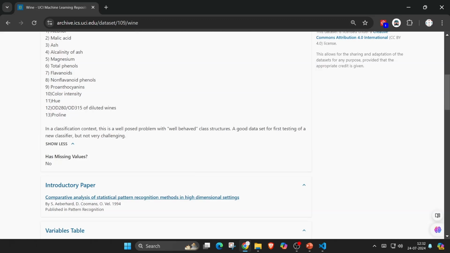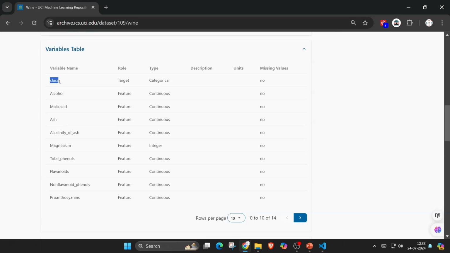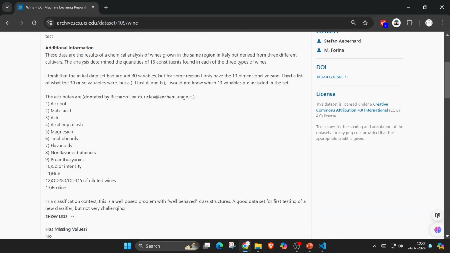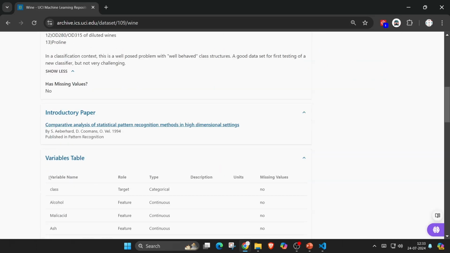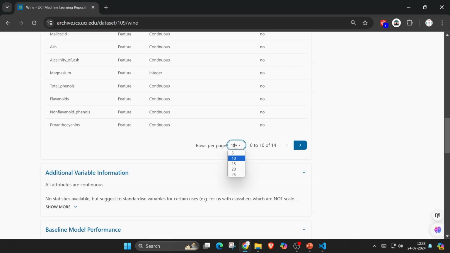And we will be doing this classification. Okay, I will show you. This is not very challenging, as this guy is himself saying. It's easy, and I will tell you each and everything. We will do each and everything. Then we have this class, which is actually an integer. It's 1, 2, 3, showing the origin, because they have 3 origins, right? From 3 different cultivars. So it's the class or the cultivar, you can say it accurately.